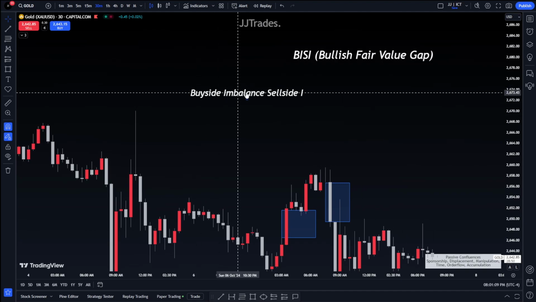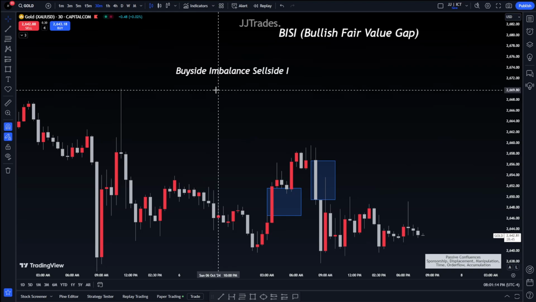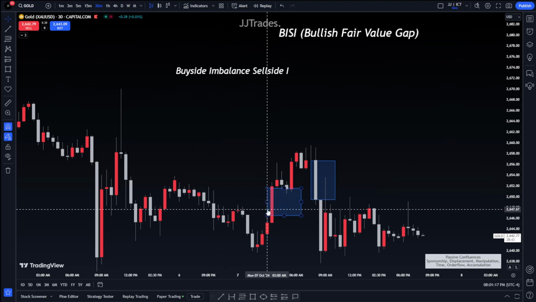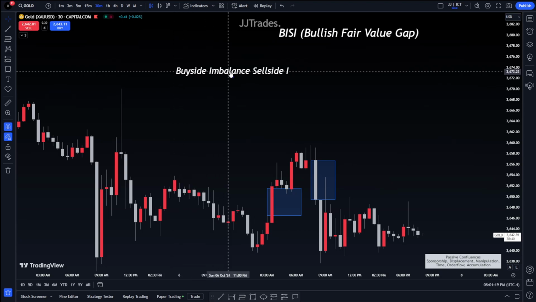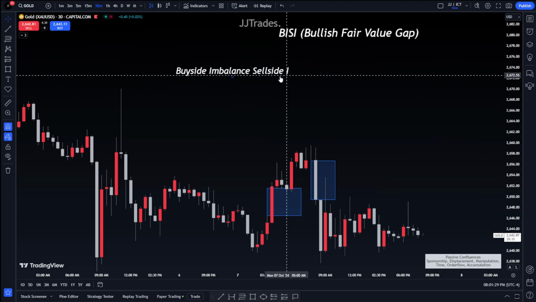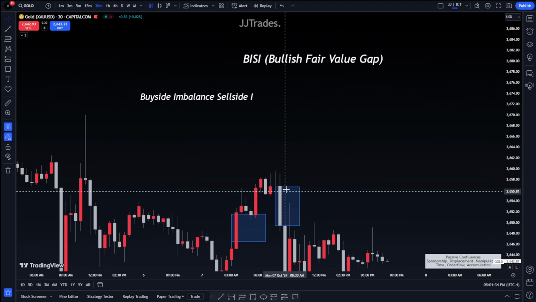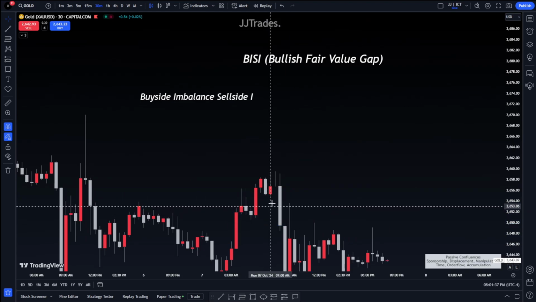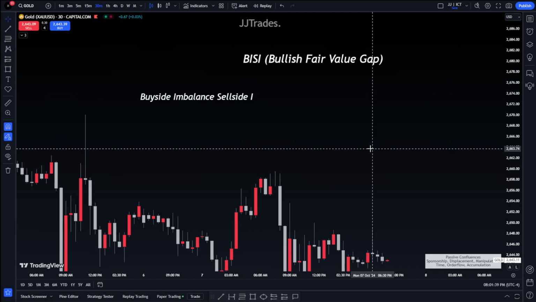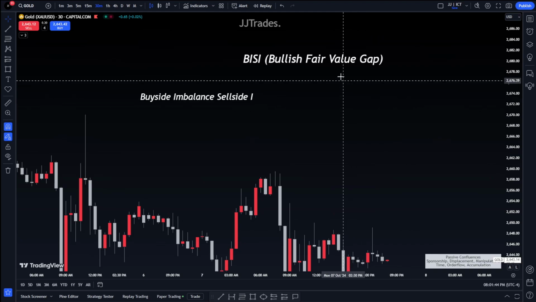It's buy side imbalance, sell side inefficiency. Going over this again, that means there was so much buy side that the buy side and sell side are imbalanced. There's so much buy side that no sell side can be offered, which creates an inefficiency on the sell side. And same thing with a SIBI. A SIBI is a bearish fair value gap, or a down fair value gap, and a BISI is an up fair value gap. So for a SIBI,